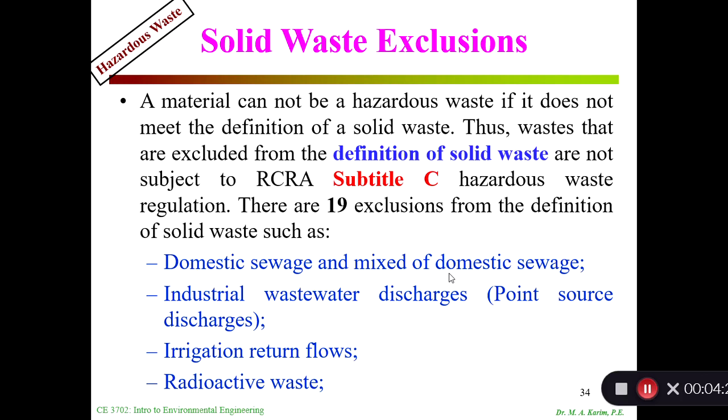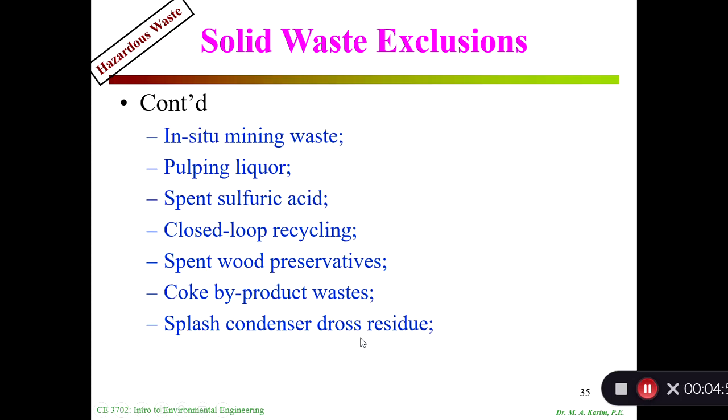Okay, then the exclusions. A material cannot be a hazardous waste if it does not meet the definition of solid waste. Thus, wastes that are excluded from the definition of solid waste are not subject to RCRA Subtitle C hazardous waste regulation. There are 19 exclusions from the definition. These are basically domestic sewage and mixed domestic sewage, industrial wastewater discharges, irrigation return flows, and radioactive waste. Radioactive waste may not be hazardous waste, but it has a separate category. Also in situ mining waste, pulping liquor,